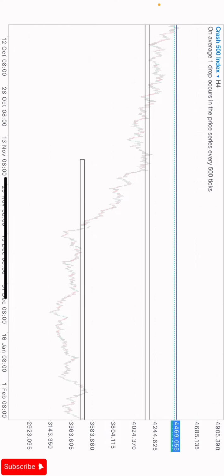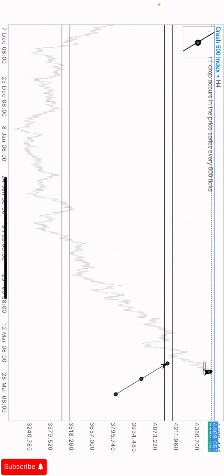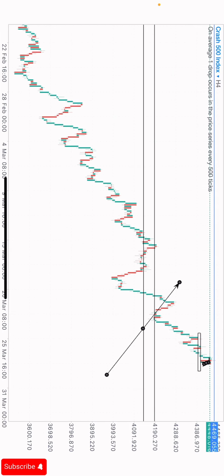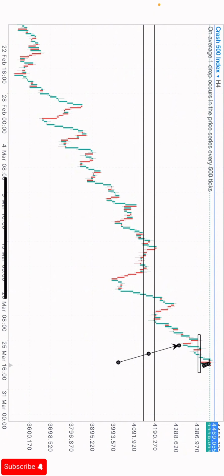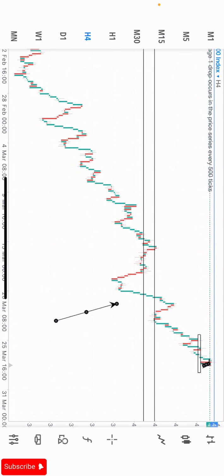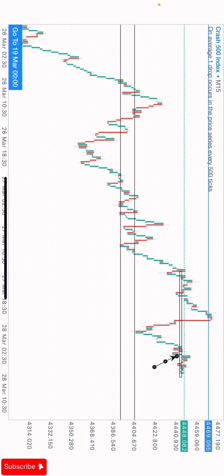I think it should be here. Price bought from this level as a support. So if price is to sell from this current price level, which I'm expecting price to do, we would be seeing price approach this zone. The reason this index is yet to sell, I think, is because on the 15-minute time frame,